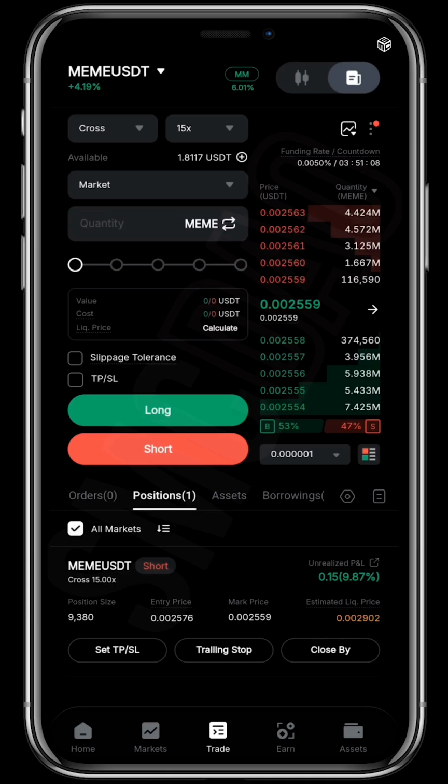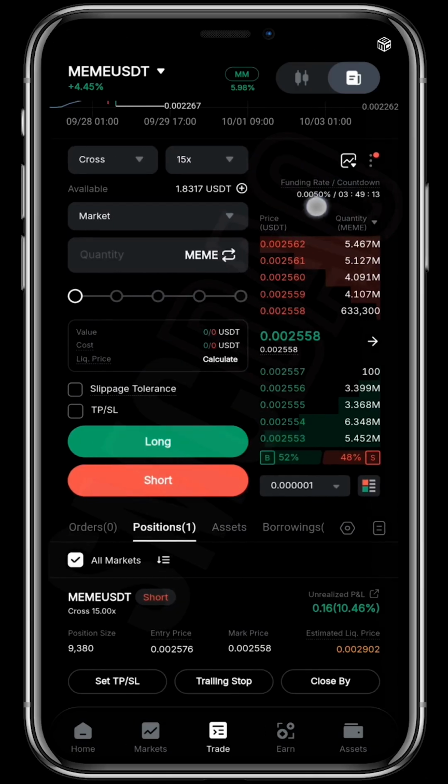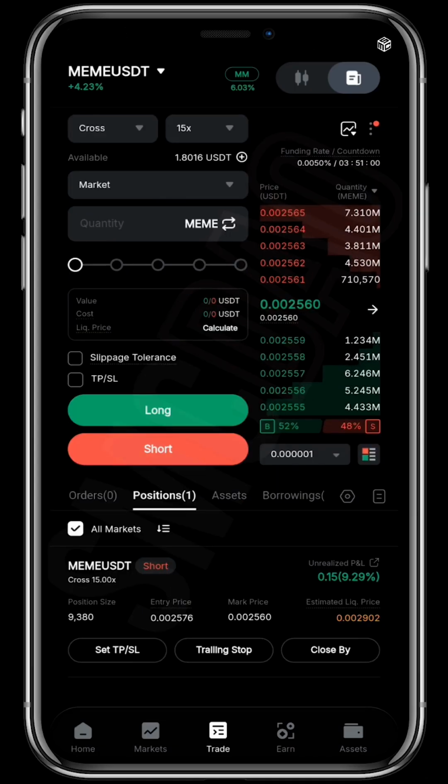So our current funding rate, as you can see here, is 0.0050%. First off, we'll have to convert the percentage to a decimal number, and that would give us 0.00005. All right, so we're going to multiply 23.98466, which is our position value, by 0.00005, which is our funding rate. And that should give us